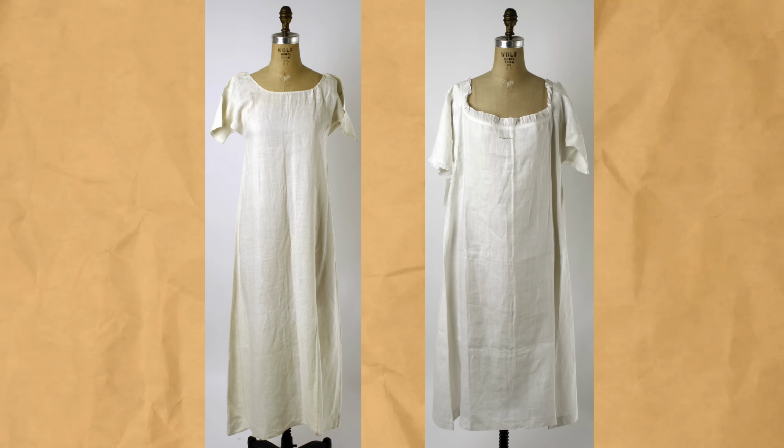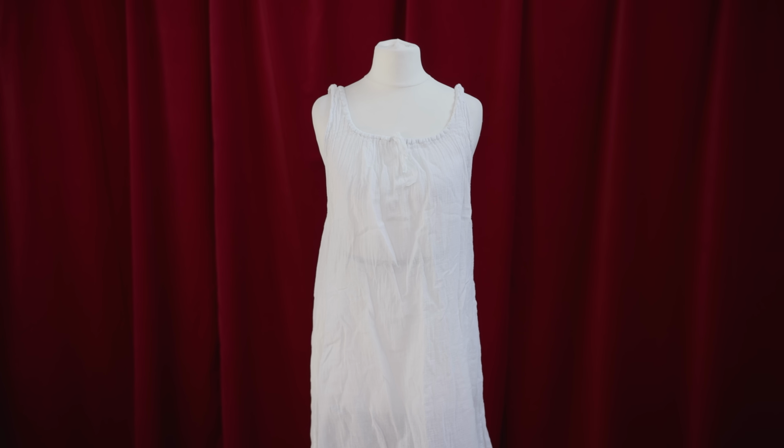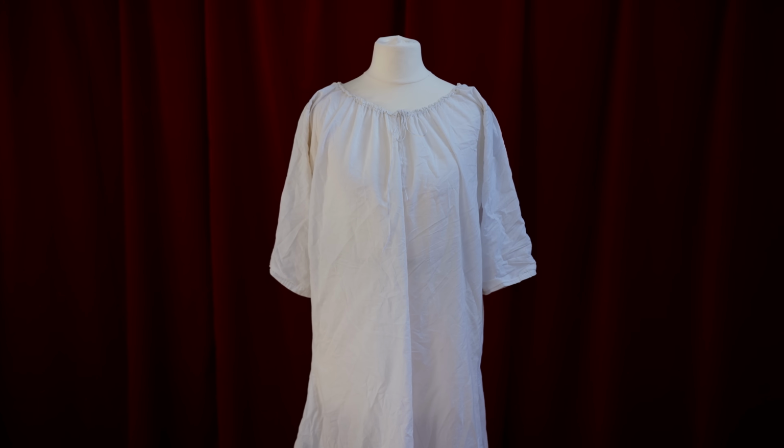So a lot of historical outfits start with an underlayer or an undergarment, and in many cases it's something like a shift or a chemise, and these are basically plain white cotton or linen undergarments that get put underneath your shirt or skirt or dress, depending on what you're wearing. Part of their function is actually to absorb a lot of your body moisture when you sweat. That way you don't have to wash your outer garment as frequently, which saves you a lot of time and resources and money, and historically in a time when doing laundry was incredibly laborious and difficult work, this was an